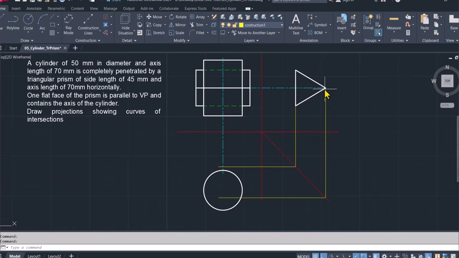Okay, so what I've done is I've moved the side view of the prism a little bit to the right to make room for the side view of the cylinder. So we project these lines to the top view, and that will give us the outline to draw the top view